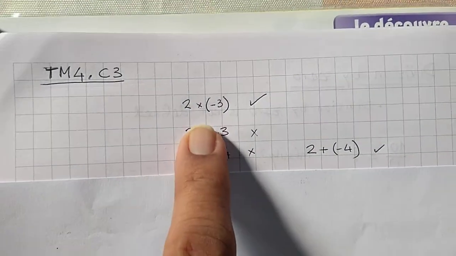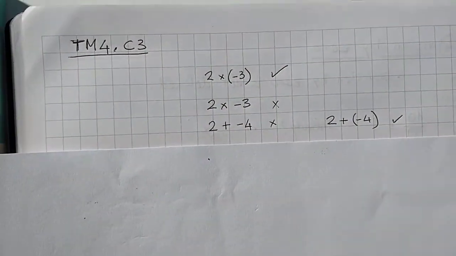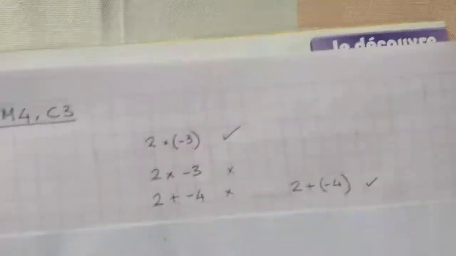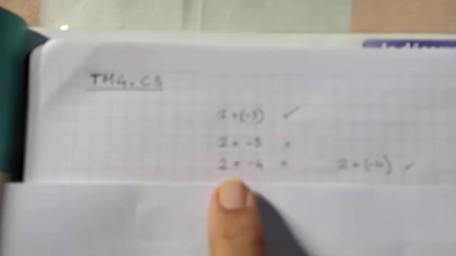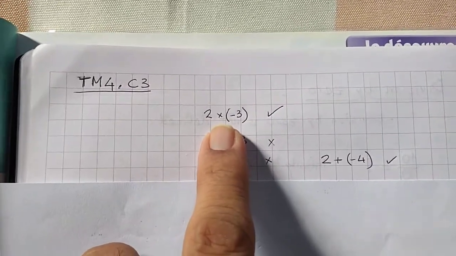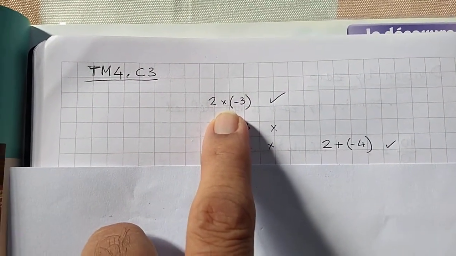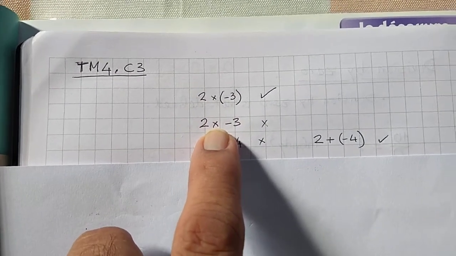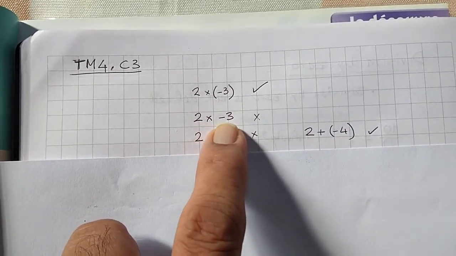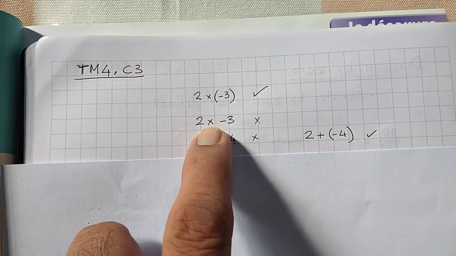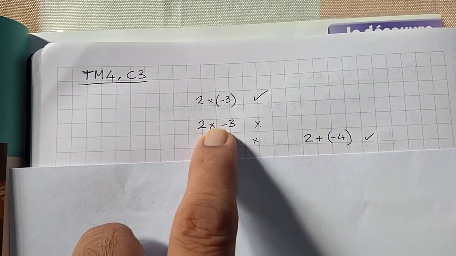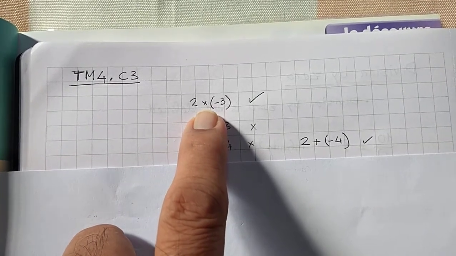Before I start on the chapter proper, I just want to explain something about the conventions of writing. So this is 2 into 3. I have written there, 2 into minus 3, and that's the correct way of writing it. In the past homeworks, I have seen that some of you are writing two mathematical operators, here the multiplication sign and the minus sign, without a bracket in between. So this is the correct way to write it.